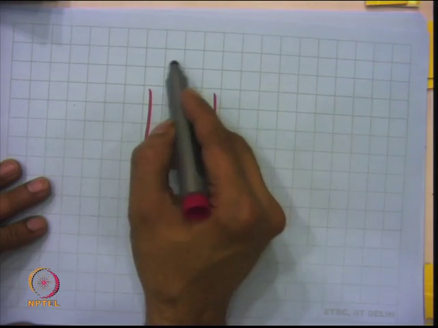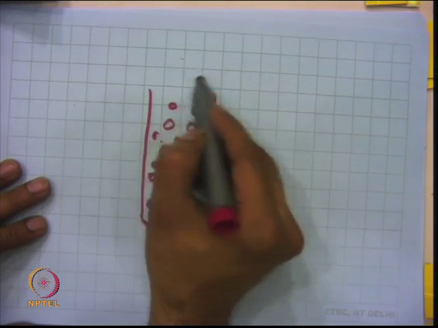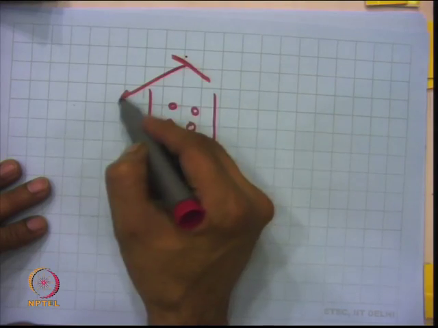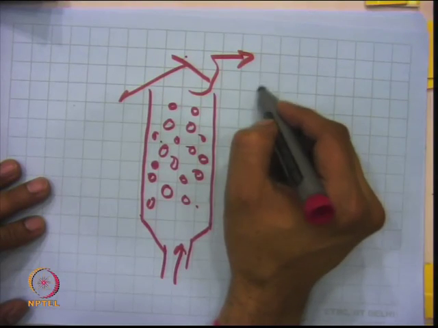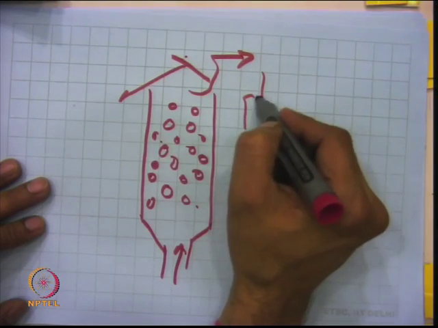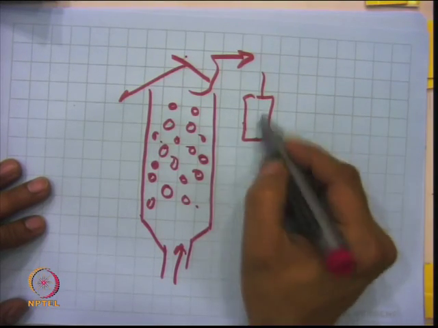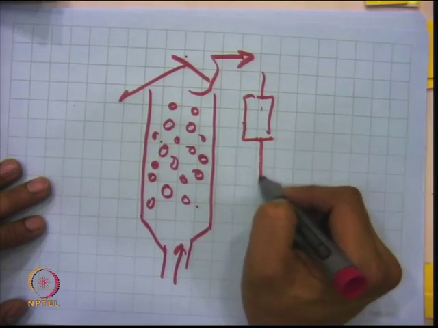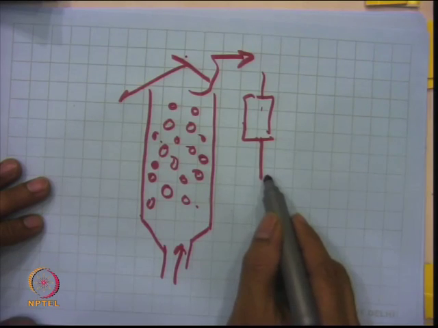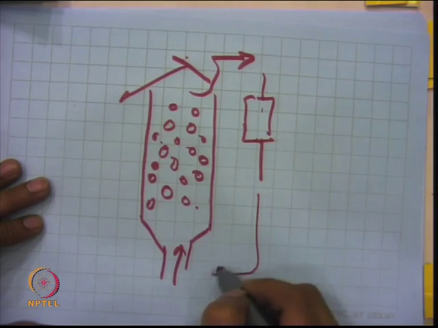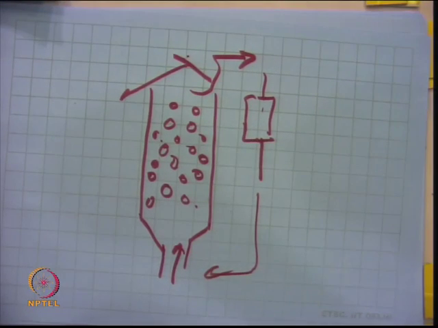So, you have a separation here, a cyclone separator at the top, and you get the solid separated and the gas goes up like this, that is the vapors. Then you pass it through a condenser and you take the product, right. So, one can have a condenser here and then take the product here. The unreacted gases can be sent back if that is a different kind of system I am talking about.